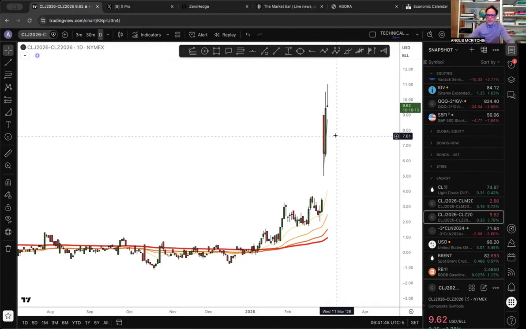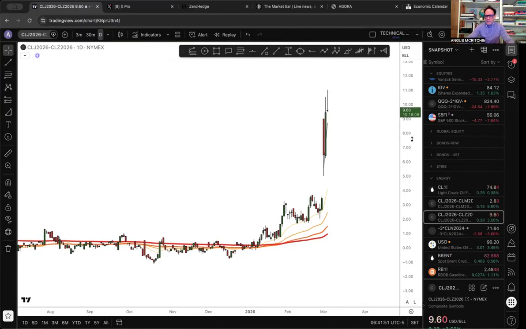Point being that things are not over, and Trump and the US administration clearly doesn't seem to have a succession plan. There's talk today that in Iran, the new supreme leader will be nominated or actually elected, probably Khomeini's son, who apparently is still alive. Good luck to him, I would say. But the point here is that there's still a lot of potential for continuing escalation. So we can't signal the all clear just yet.